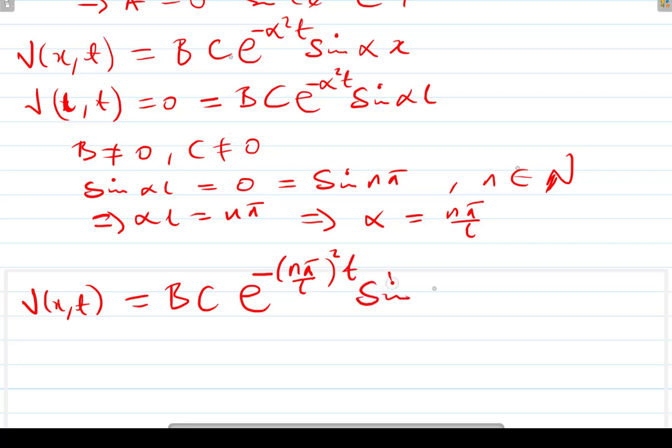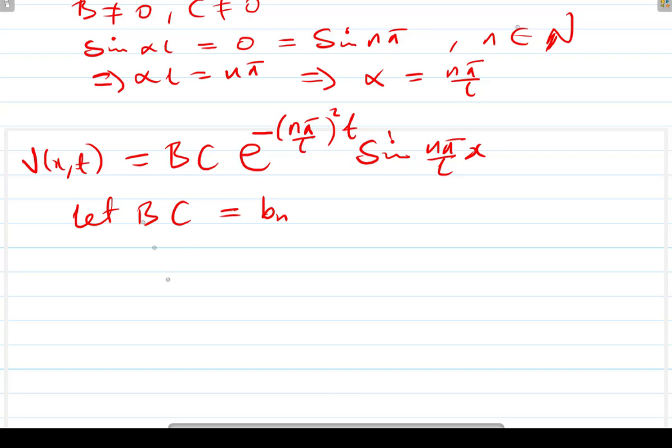Then sine, again, where there's alpha, we have n pi over L x. And if we let b c depend on some n, if you want you can stop there, but however, if we let this be something depending on the value of n, then in general